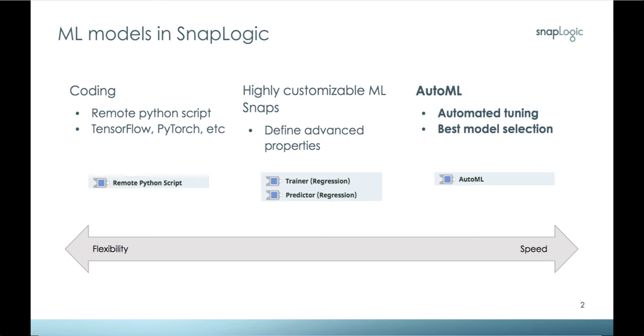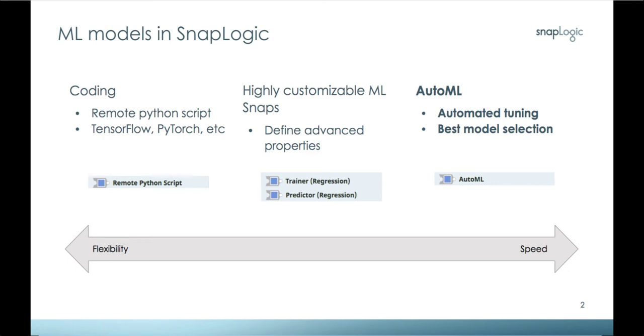So we provide a remote Python script snap that basically allows you to bring whatever libraries and Python frameworks you may have and execute any type of code wherever you see fit, but still use that execution as part of a SnapLogic pipeline, combining that with the power of other SnapLogic capabilities like data integration or application integration. So that gives you a very flexible approach, but it might not be the right fit for all